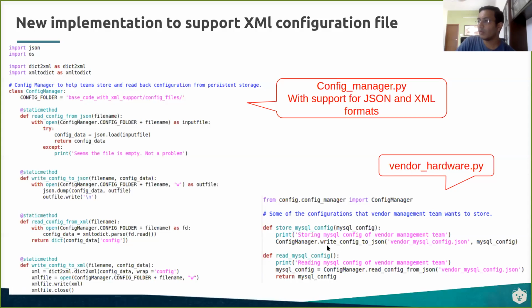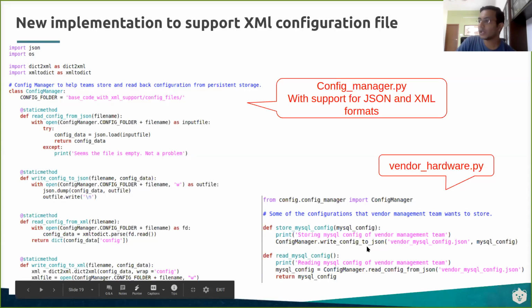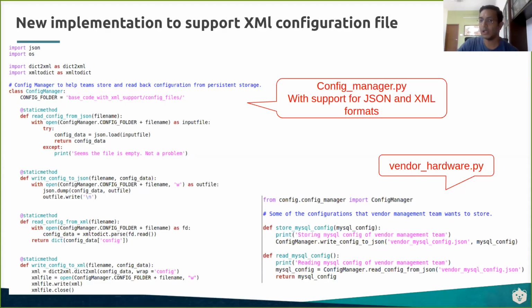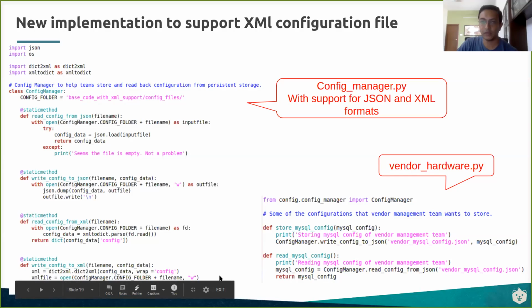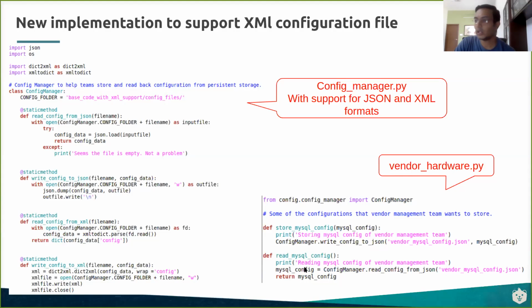The second problem is we saw this, right? Initially he was calling write config, but now this guy has had to change it to write config to JSON or read config from JSON. So anytime the guy wants to switch from one particular file type to another, he has to change all the lines where he is reading or writing these configuration files, right? Which could be happening multiple times across the entire product code, correct? So they would end up changing this all the time.